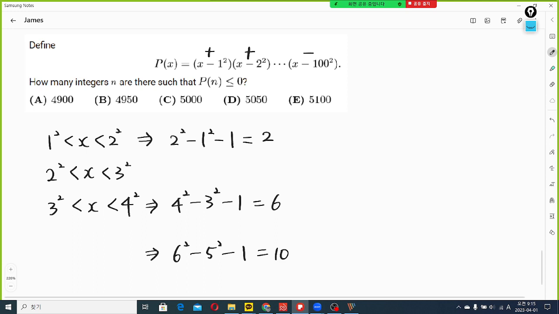And if we continue this up to 100 squared, I mean 100, there will be 50 odd intervals and 50 even intervals. So we can add this arithmetic sequence up to the 50th term. So we can make the sigma notation. And the difference is 4. And to make the first term 2, we need to subtract 2. And then we can use the formula for this. The sum of 1 through 50 is this, and then 2 times 50 is 100,